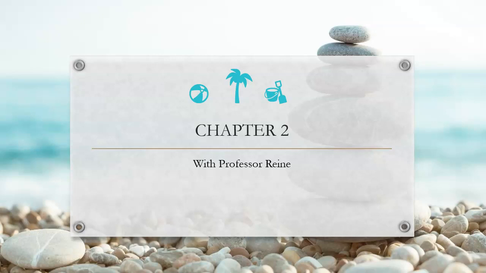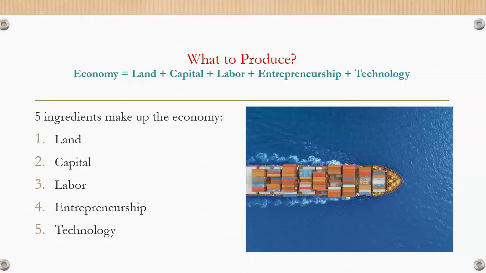Chapter 2 asks some very big questions, so let's start with the first question. The first question is what to produce. Every nation has to address this issue for itself. Some nations, like for instance, right now we are highly aware around the world how much Ukraine feeds the world with all of its wheat production and other grain production as well. So Ukraine has made the decision that they will be the breadbasket of the world, right? How do they make that breadbasket for the world?